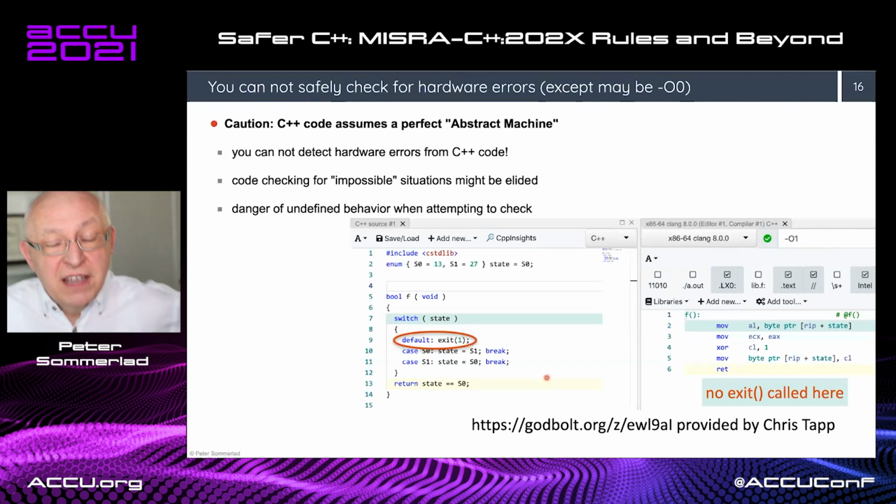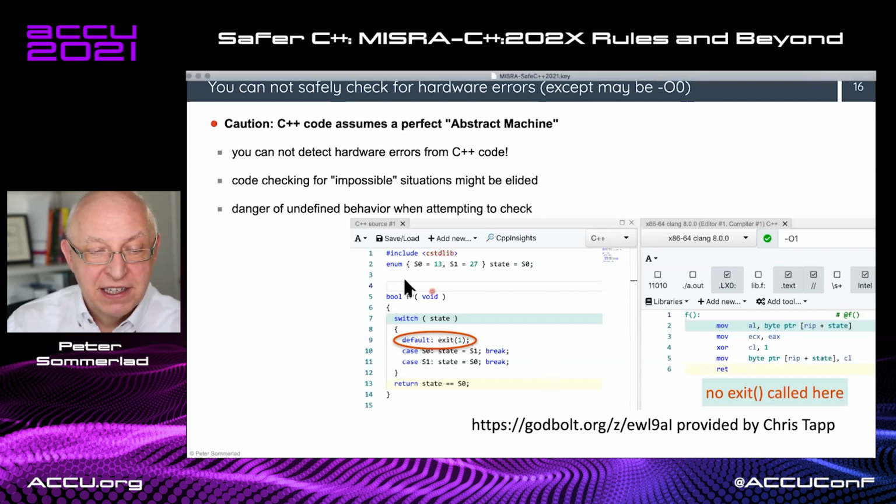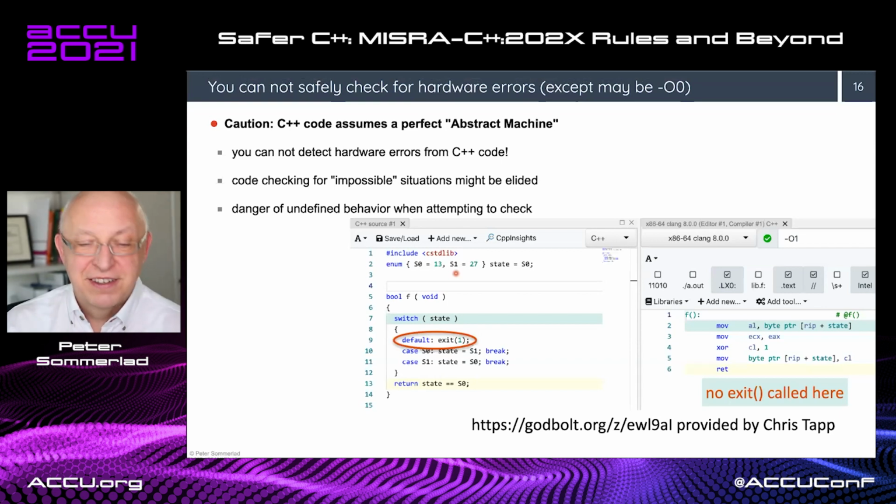An example where the perfect abstract machine is actually making your code be optimized in a way that defeats a safety guideline. If you have plain old C-style enumerations, which are actually forbidden by MISRA-C++, or will be forbidden by the new MISRA-C++ guidelines, then the compiler is allowed to assume that any variable of that enumeration type will only have the values of either S0 or S1. And that your program, because you're a perfect programmer, that's the underlying assumption of C and also of C++, doesn't make a mistake. The compiler can assume that a variable will never actually reach a value that is not one